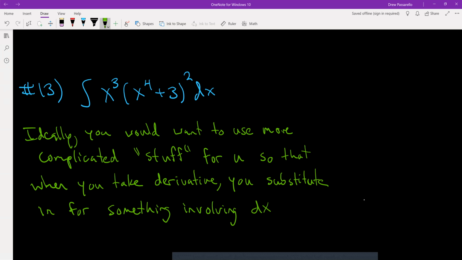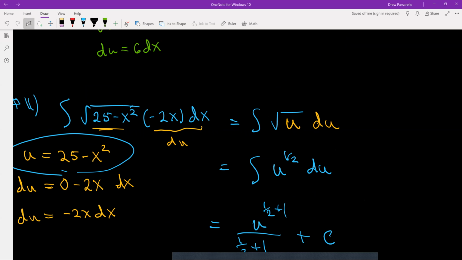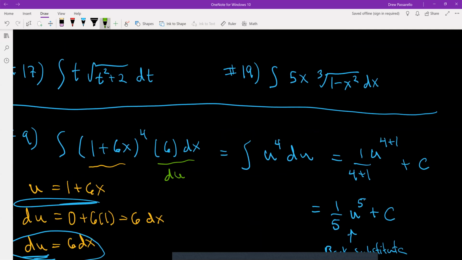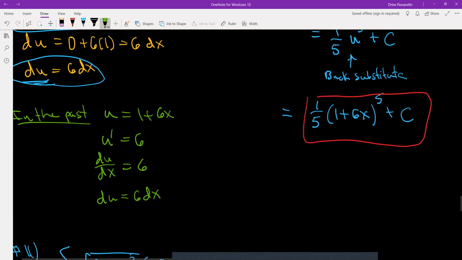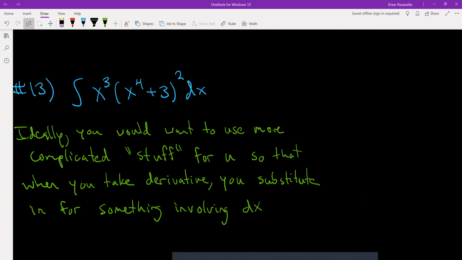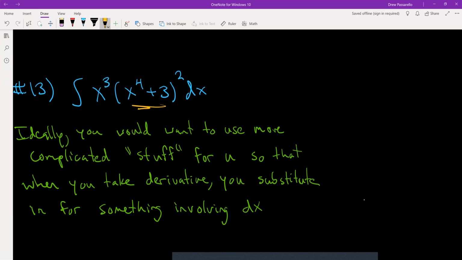All right, so looking at what we have, x cubed and then times x to the fourth plus 3 that's in the parentheses. If you notice, there's a pattern here. I've been choosing u to be whatever's inside of some particular operation, whether it's a square root or raising something to an exponent like to the fourth power. I let u be what's in the parentheses. That was more complicated stuff. So the more complicated stuff I would say is x to the fourth plus 3. So if I let u be x to the fourth plus 3,